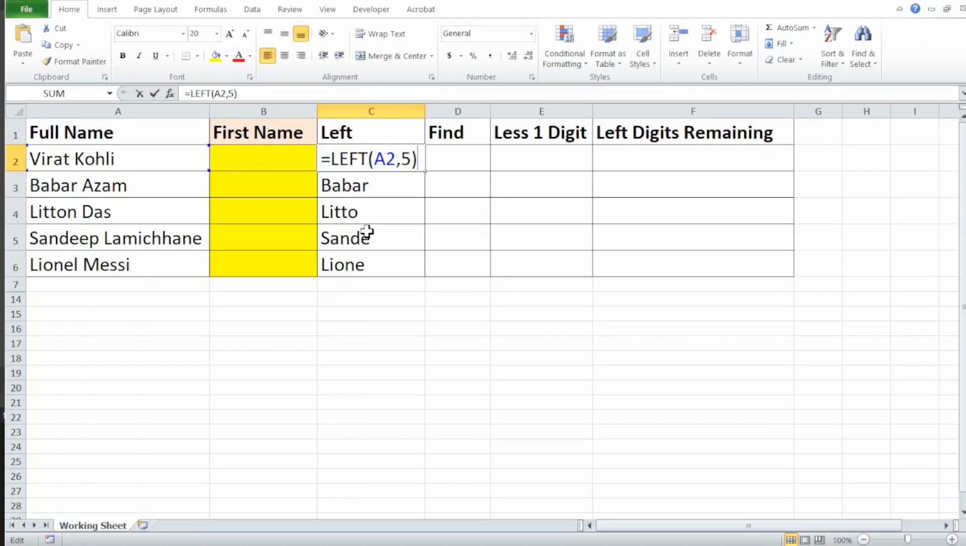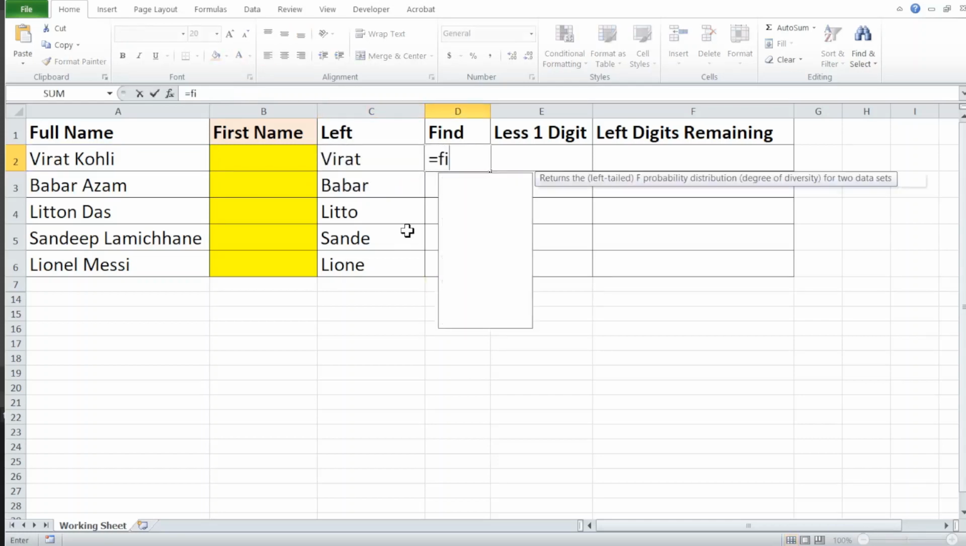So what do we want? We want to make this 5 dynamic, right? If we somehow manage to make it dynamic and provide a number here which is equal to this first name's number of digits, then our job will be done, right? So we can make this 5 dynamic by adding find formula, right? So for find formula, what is find formula? We have to press equals to then find,